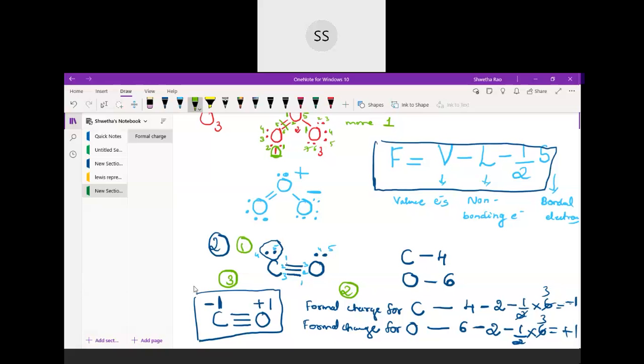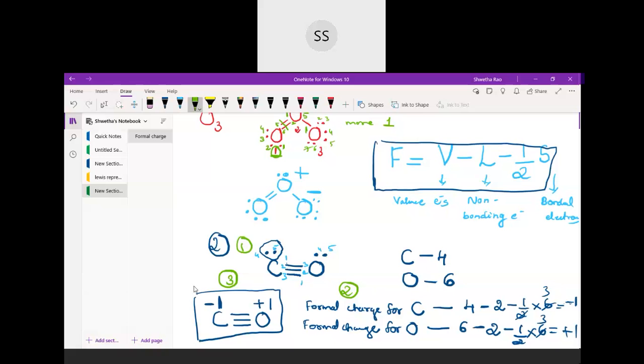Okay, quickly I will revise once again. See, carbon monoxide structure you are already having with you. Here carbon monoxide structure, you can write that using the Lewis concept. Lewis representation you can use to write this particular structure. Once the structure has been assigned, then we are supposed to assign the formal charges for it.